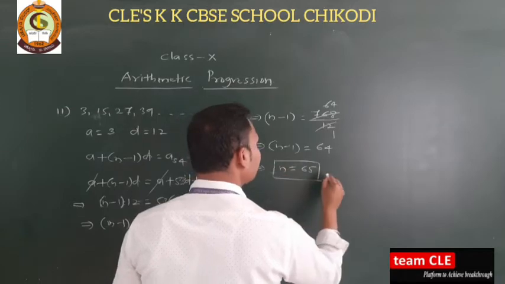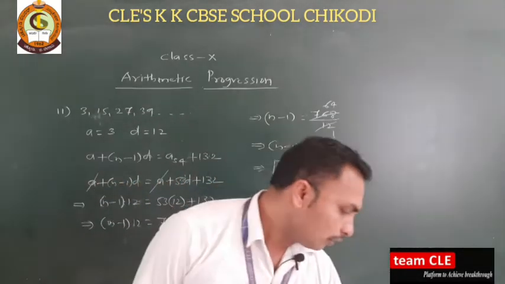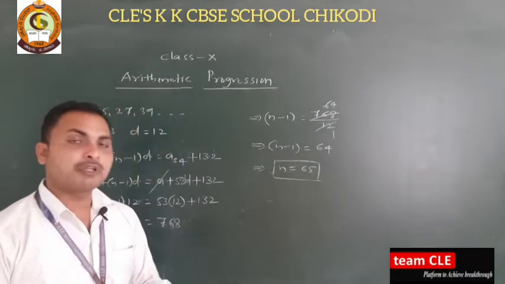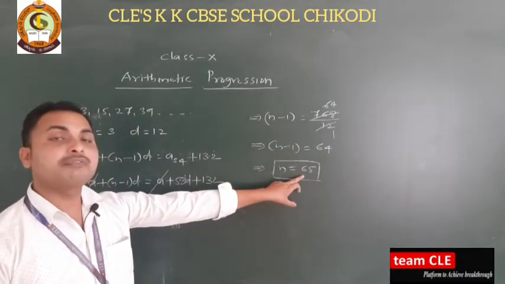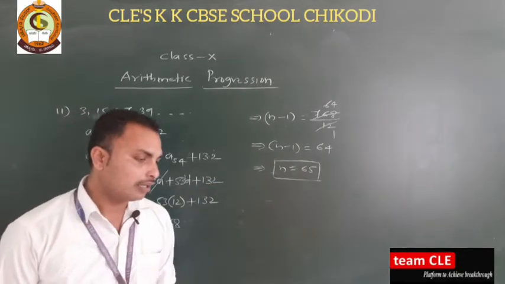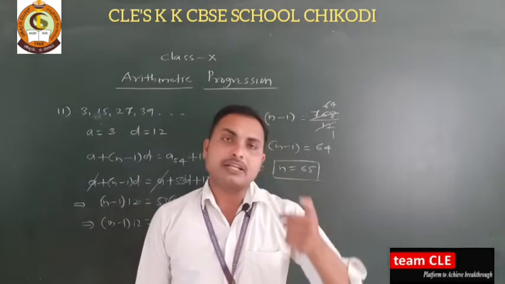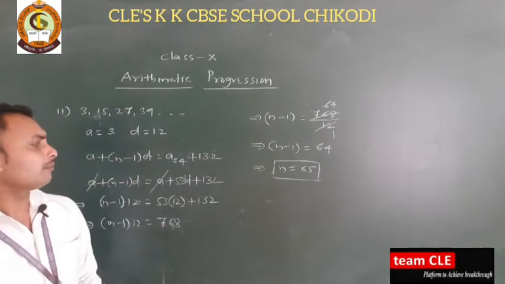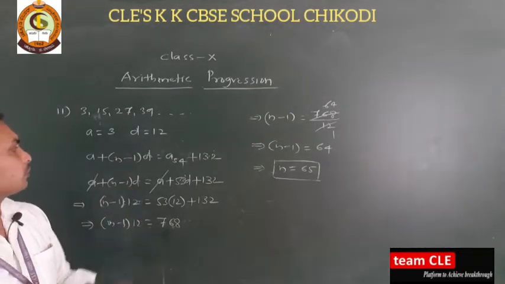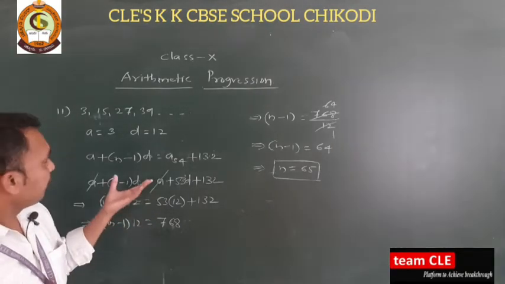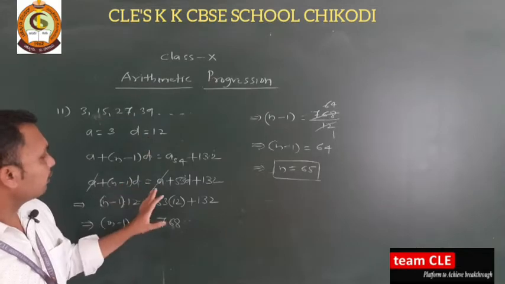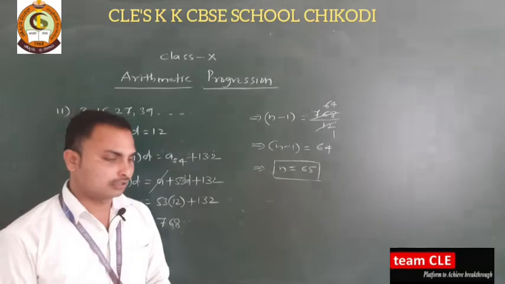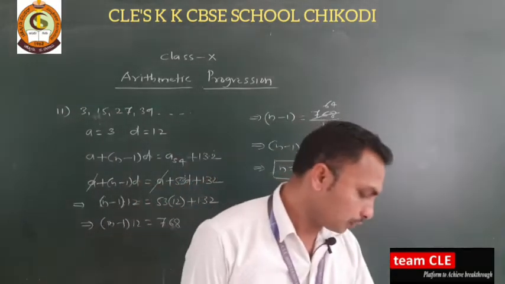What the question has given here: which term of the AP will be 132 more than its 54th term. Its 65th term is what we can say is 132 more than its 54th term. So it's the 65th term. This is how to solve this question. You can just put d here, substitute all the values, calculate thoroughly, and you will get your desired answer. So I'll move to the next question.